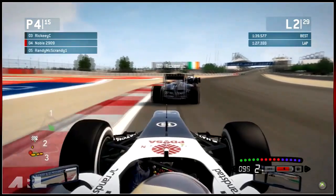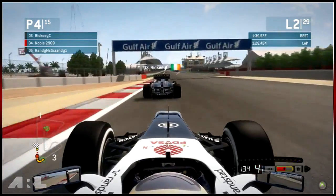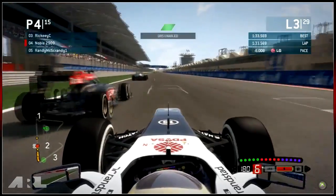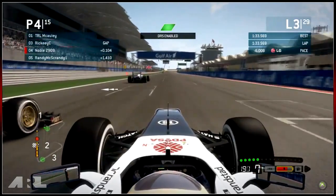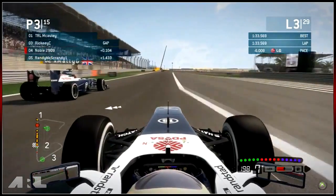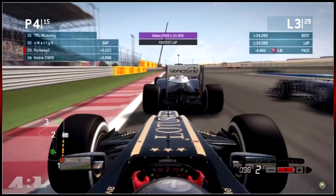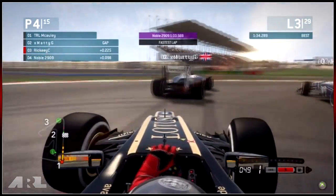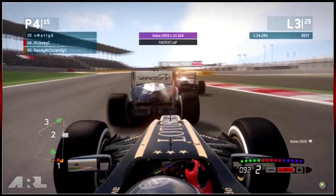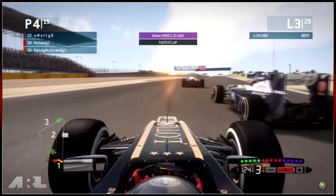Back on board with Champion Eden at Noble 299. They exit the final corner, back onto the pit straight to start lap 3, and his teammate in RickeeyC and Noble running line astern in third, but now, with the help of the tow down the pit straight, here comes Noble past Ricky. He may even get alongside Matty into the breakers, and last of the late breakers for the two Williams. Down the inside goes Noble. Matty's going to try and stick it around the outside, but he's left his teammate too much room, and Noble, that was an easy pass to second place, you have to admit,